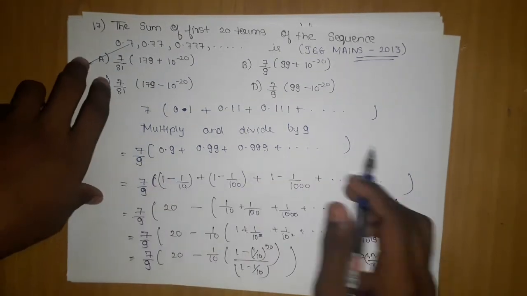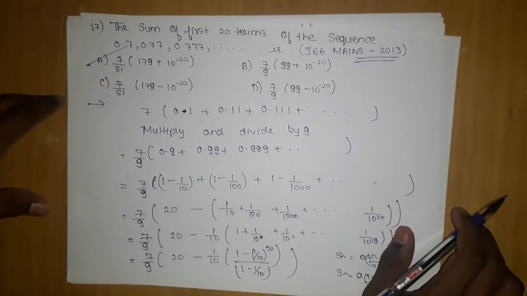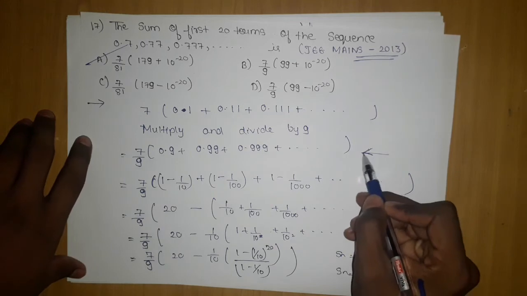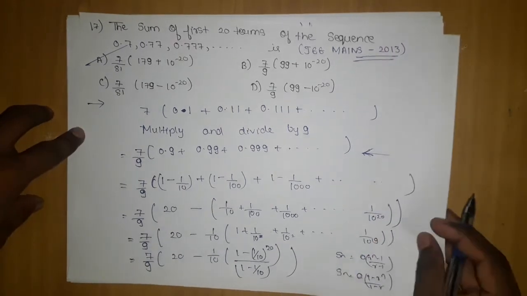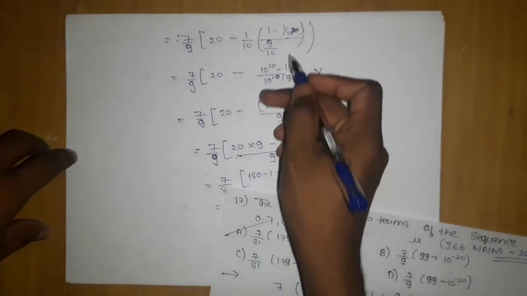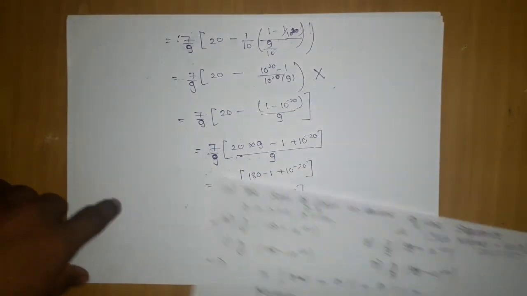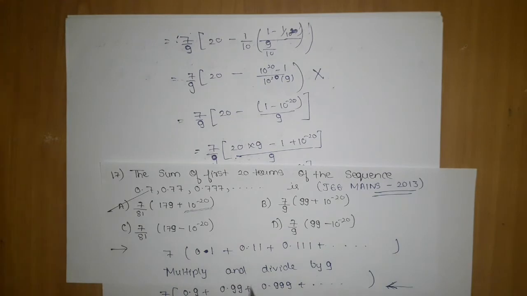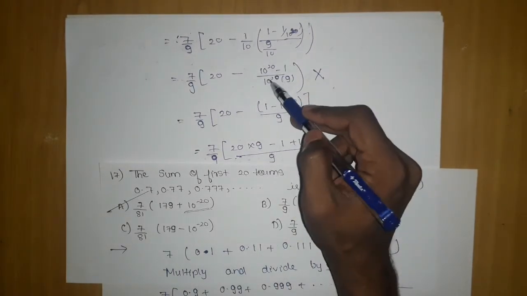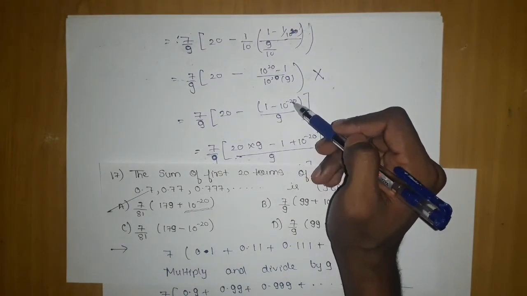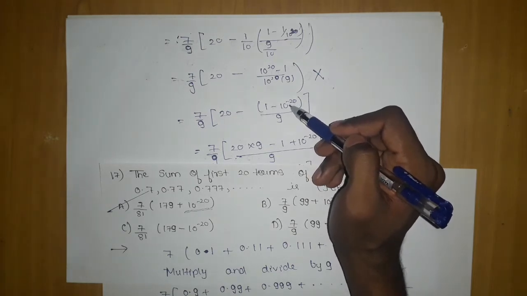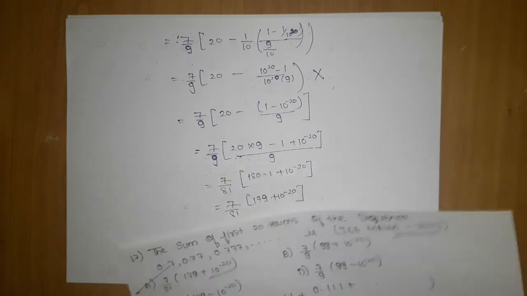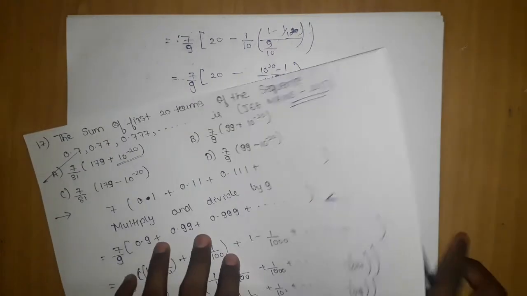How we proceeded this way, and what was the general reason why: you should know this variety, then you can do this step. As far as this step is concerned, you can simplify it like this, but since in our answer I can see 10 to the power minus 20, I got a hint that I should not proceed this way, I should just take the 10 power negative, that is minus 10 power minus 20, and then solve it. So let's move on to the next question.